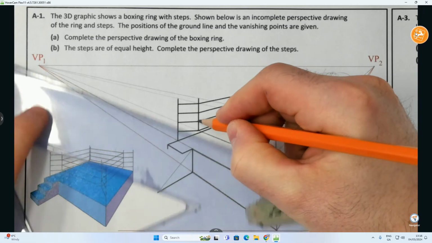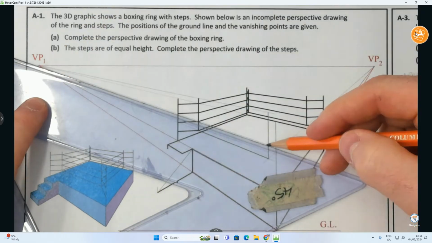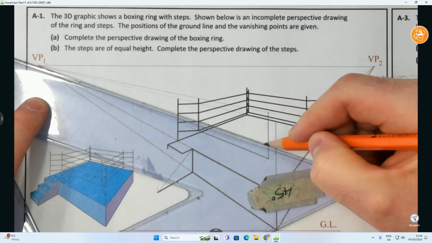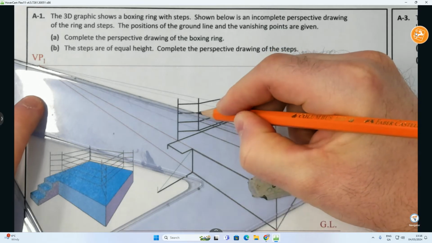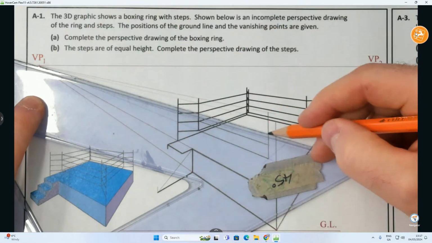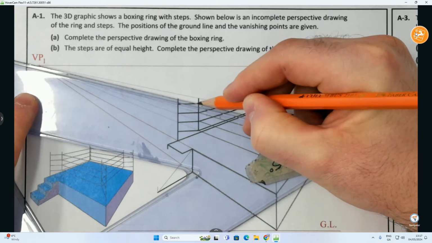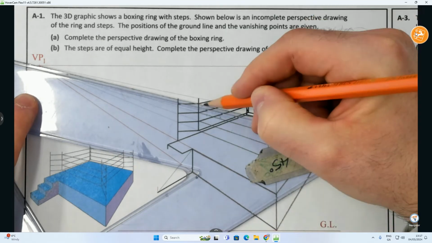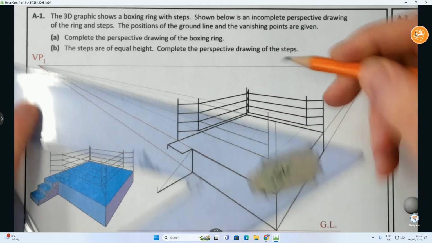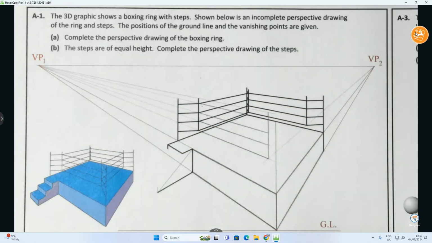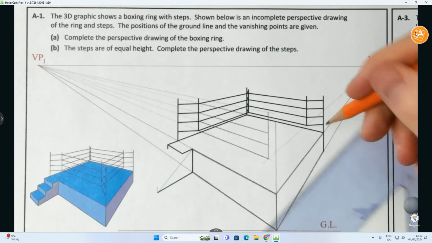Okay, then this one, I'm going to vanish through it. There's the second. Now I'm going on to the third. And finally the fourth. There we go. And now that I've got all those rope sections in, now I'm just going to simply connect them